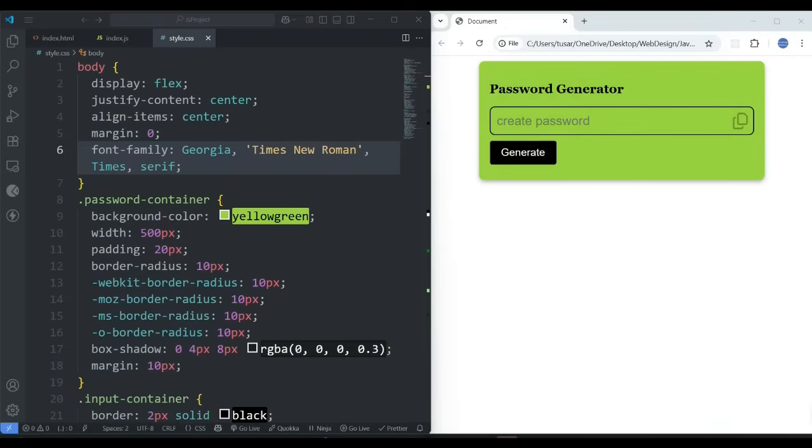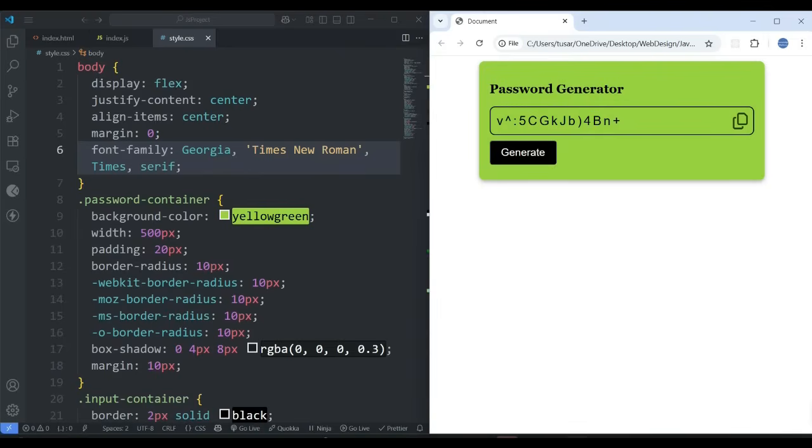I'm very happy to say that now I'm going to create a full project, and in that project I'm going to use HTML, CSS and JavaScript. Actually, I already built that project. That project is to generate a password. So when you click on that generate button, it will create a random password